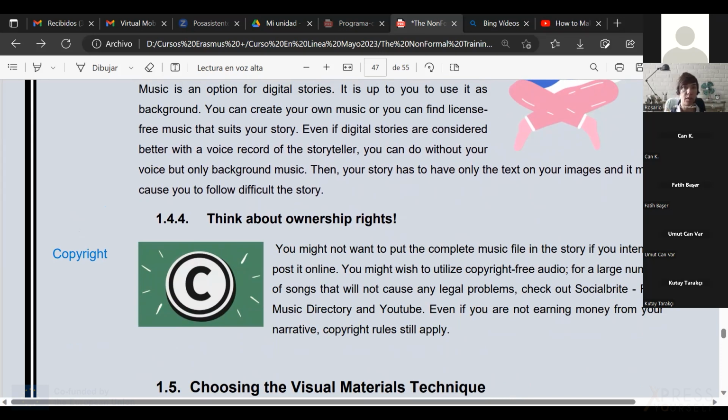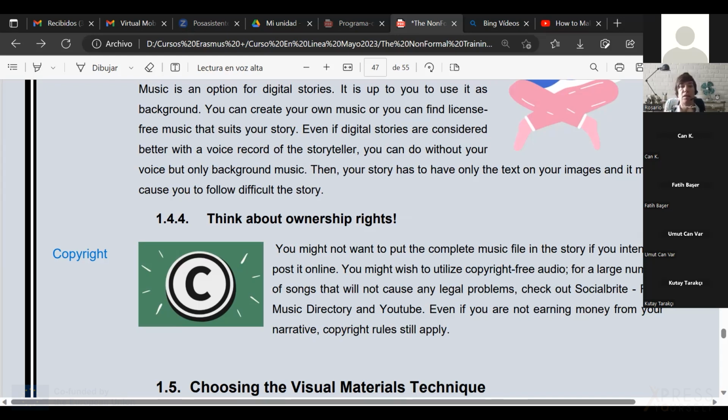If it has copyright, make sure you pay what you need to pay for it. And if it has any other of the licenses we saw on Wednesday that allow you to use the content freely as soon as you mention the author, then do so. Use the song, and then at the end with the credits, mention the author of the music or song.